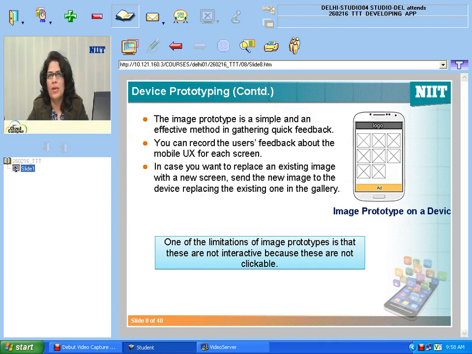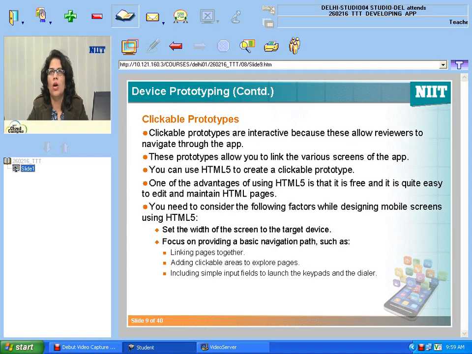Now what is the limitation of image prototypes? It is that they are not interactive because there are no click points which are defined. So it's just an image. You can just see what the user interface will look like, and then somebody has to tell you that, okay, when you click on this particular button, this is the next screen which will appear, and this is how it will look. So that's a limitation of image prototype,